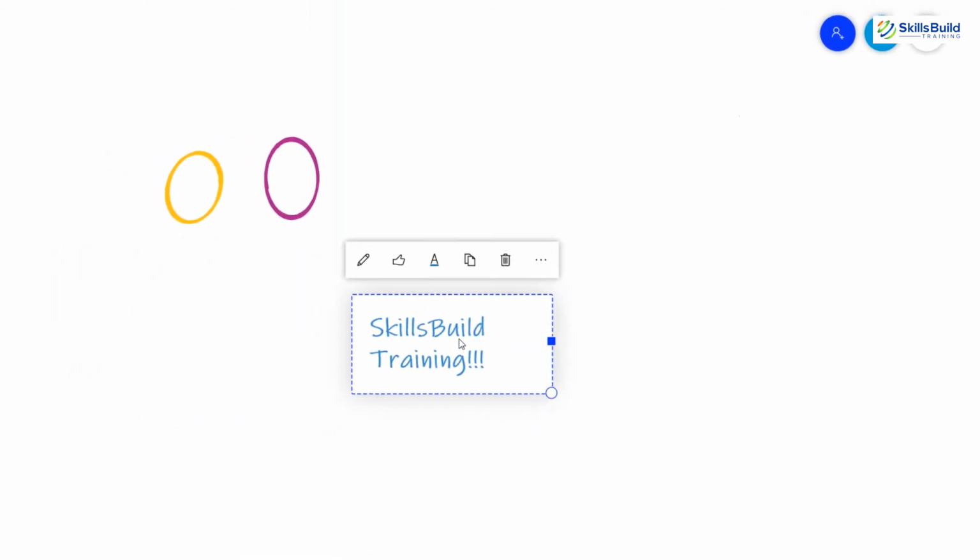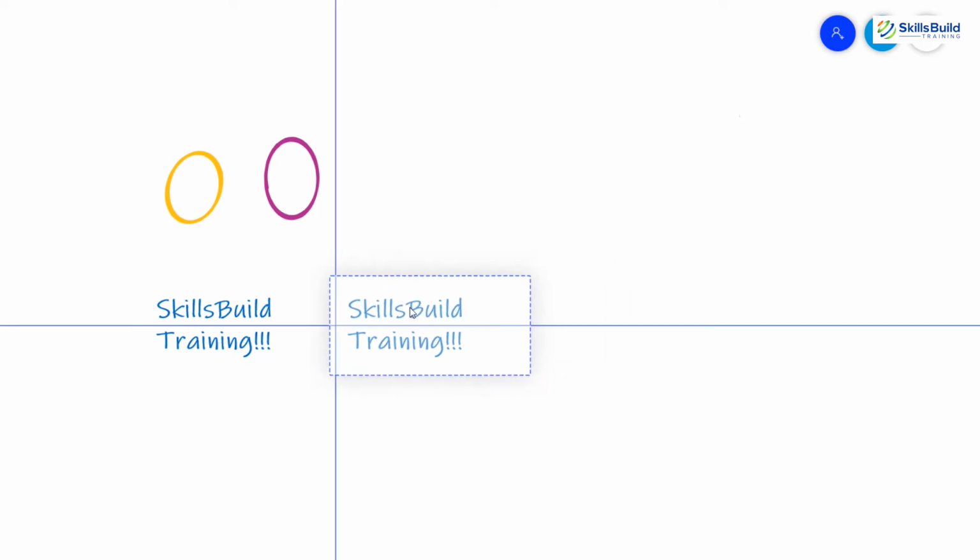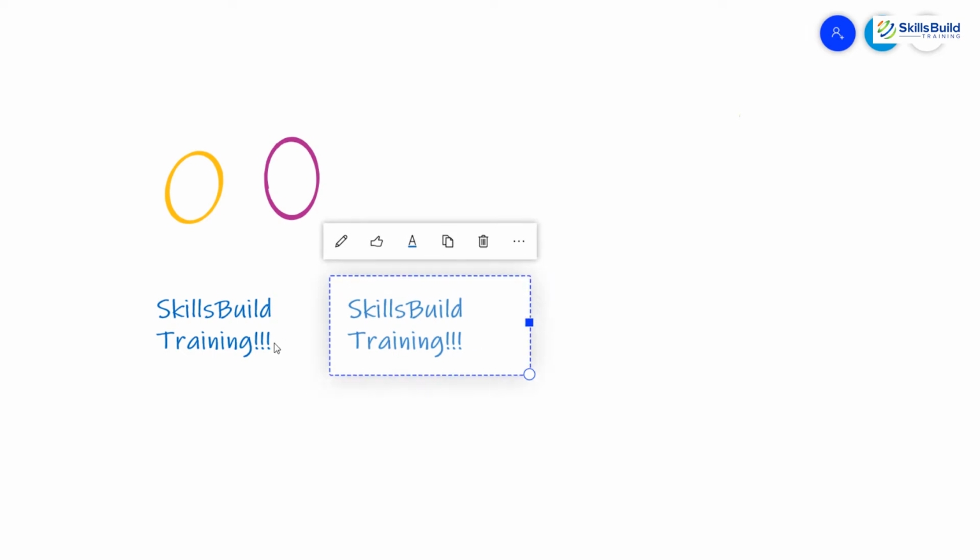Instead of erasing a simple shape or anything, you can either select it and then delete it. Well, it is the simplest way to do this. You can also simply drag and drop text. All you need to do is select a text and you can move it around anywhere. And the best thing about it is, if you copy it and paste it somewhere, you can simply paste it by using the Ctrl V option. Now you can see they are not synced. So in order to make an alignment between them, here you have different drag options and the guide borders. You can use these guide borders in order to make the text align.